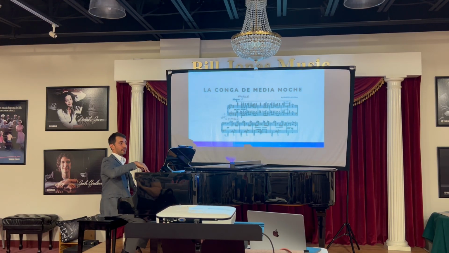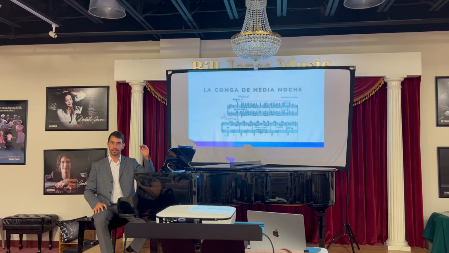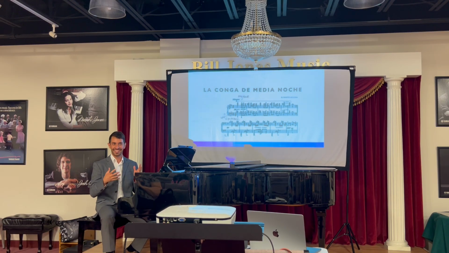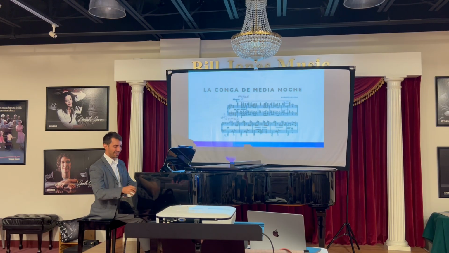And the three dances that I'm playing today are, believe it or not, the easiest ones from the set. The hardest dance would be Y La Negra Bailaba. That's the last one in the set. It's extremely challenging because it's full of octaves and jumps all over. So that one I would need to practice way more than the ones that I'm performing today. But yeah, they're all wonderful dances.